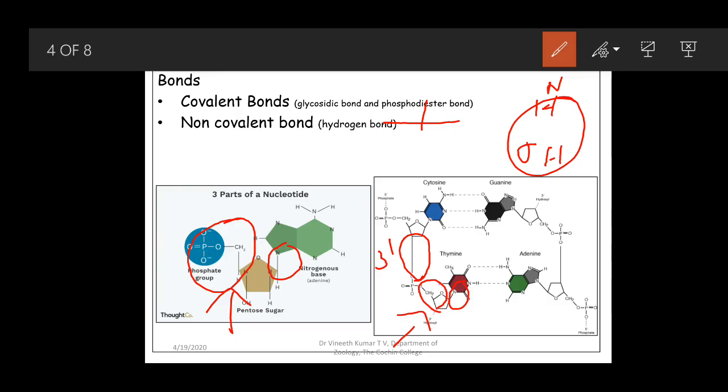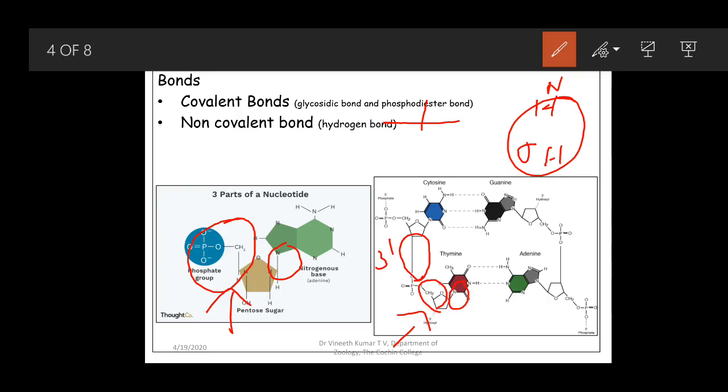The first ester is between the ribose sugar of one nucleotide and the phosphate group, that is at the 5' carbon of one nucleotide and the phosphoric acid or the phosphate group. The other ester bond is between the overlying nucleotide, that is the 3' hydroxyl group of the overlying nucleotide, and the phosphoric acid. So thus a phosphodiester bond is formed after polymerization of nucleotides to form a DNA or an RNA.